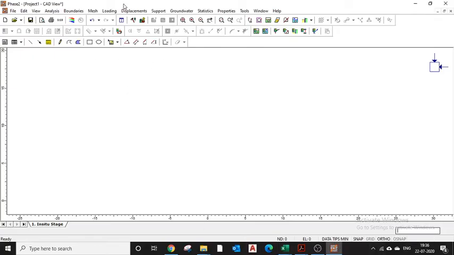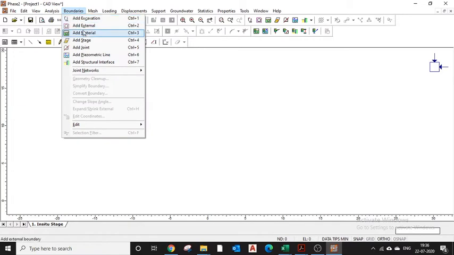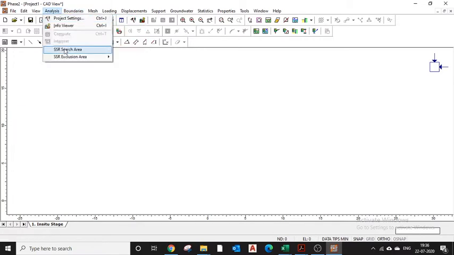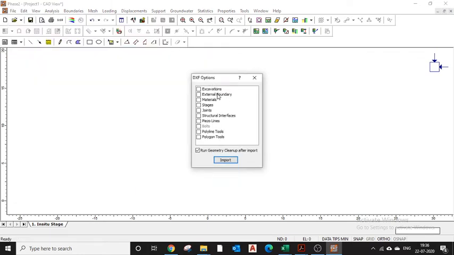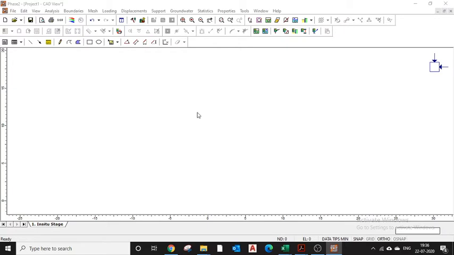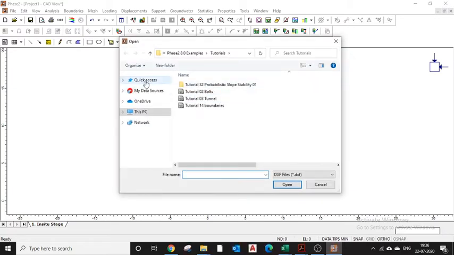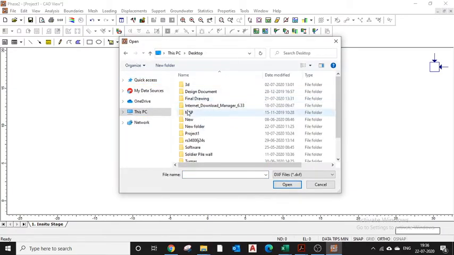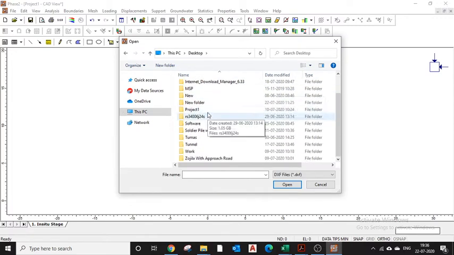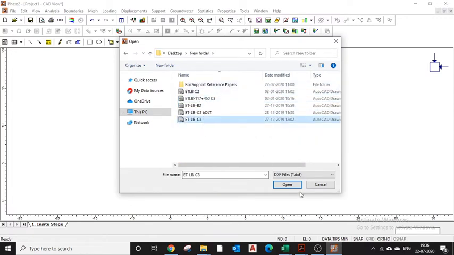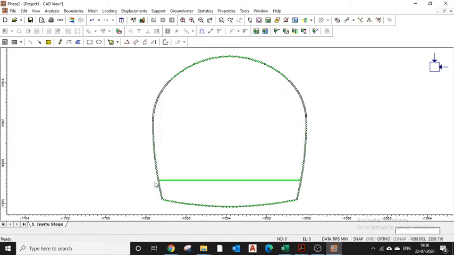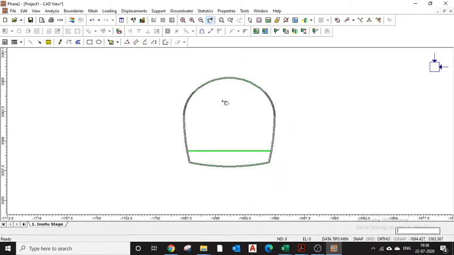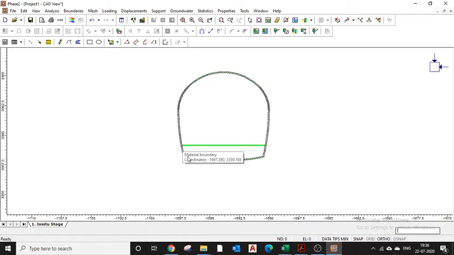First of all, I will start with the excavation. I have a DXF with me. I will quickly add the DXF. Okay, so this is my tunnel shape, the outer boundary of my tunnel.